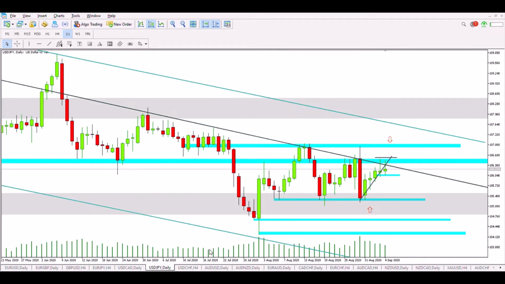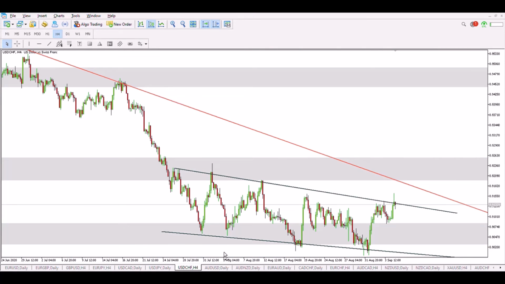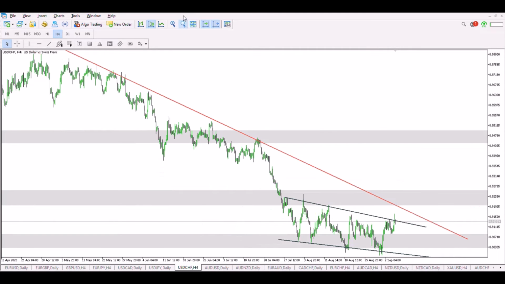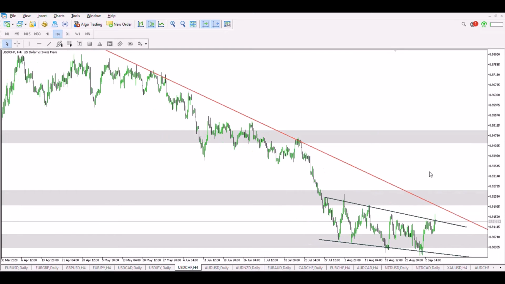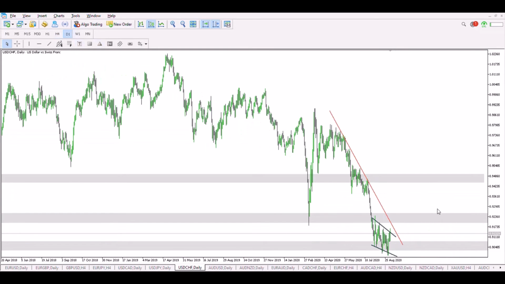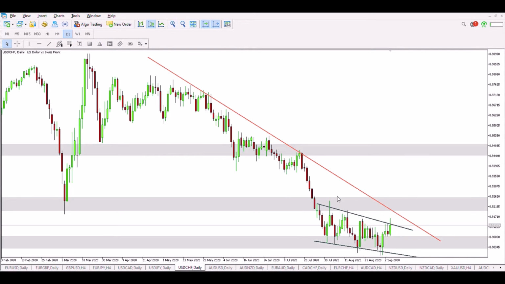So let's move, guys, to the next pair, and the next is USD CHF. Okay, we are watching the daily chart, and we can see again a downtrend and a current consolidation phase where the price is going just up and down, up and down, until we break out of this channel. So we can head up if the dollar gets strength to the next resistance zone,